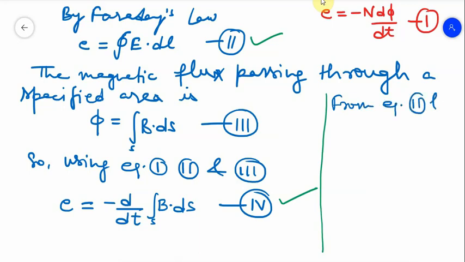So from equation 2 and equation 4, the closed line integral of electric field intensity, E dot dl, is equal to minus d by dt of B dot ds. Now this negative sign and this negative sign,